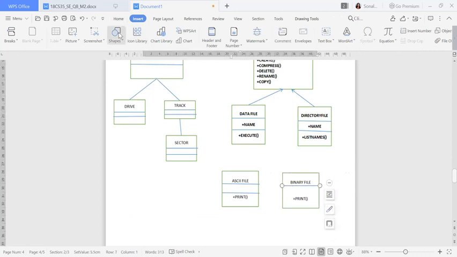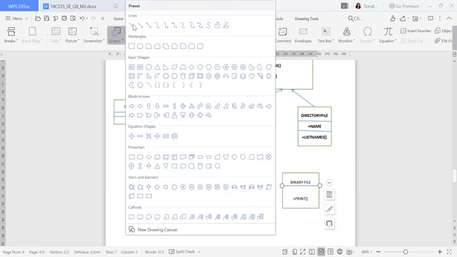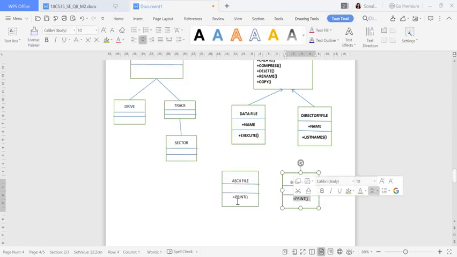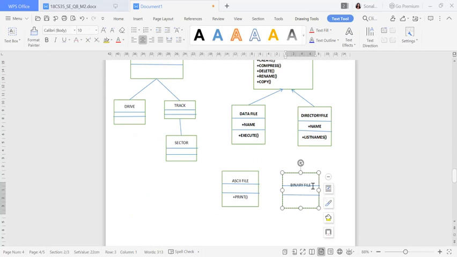Okay, one more I can give. If you want to write anything, you can write. So here I want to write some type. Then I want to write, just make it a little bigger.